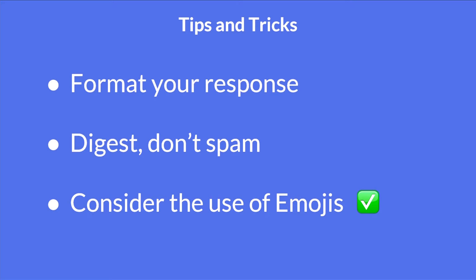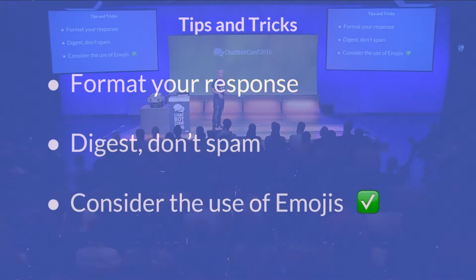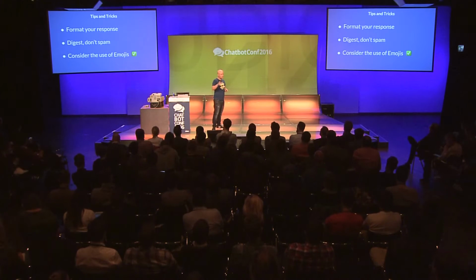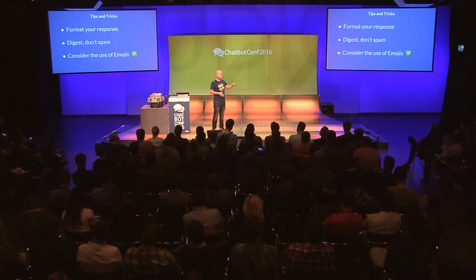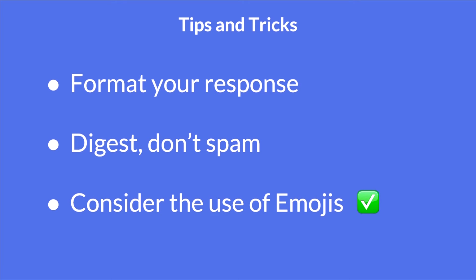Digest, don't spam. I see a lot of bots right now that are being spammy. Doing a digest is a much better way. So if there are 7 events that happen today, don't ping me 7 times. Give me, at the end of the day, a message saying, hey, there have been 7 events. I think that's a better way of engagement. And consider using emojis. That's the new way to communicate between each other. But it's also a good way to actually show that things happen, like the white check mark there. It's a good way to show visually, provide information to the user. Okay.